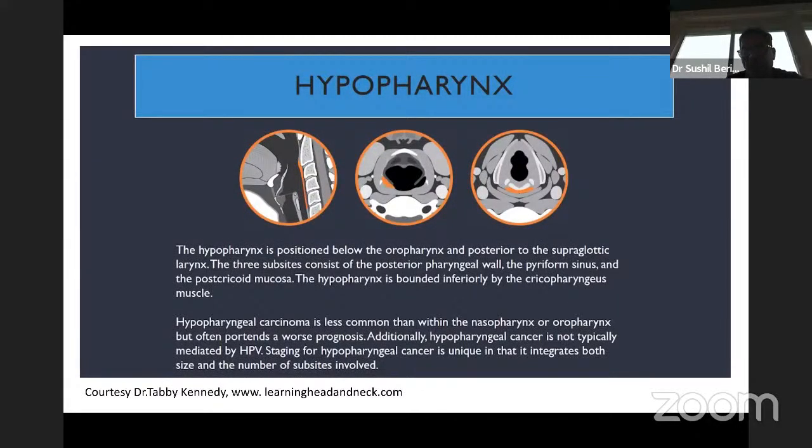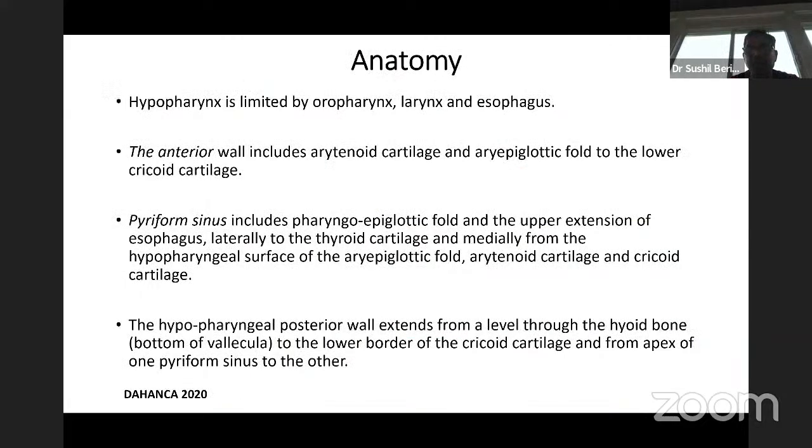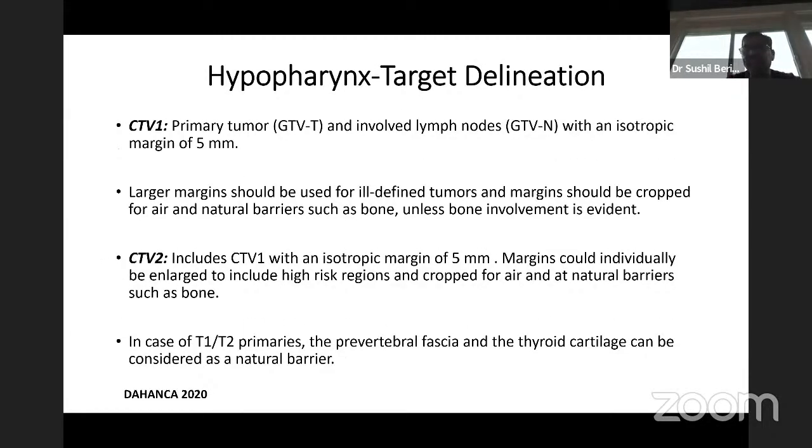Now, we saw the hypopharynx anatomy. We talked about it. There are 3 substructures: piriform sinus, postcricoid, and the posterior pharyngeal wall. And again, the previous speaker showed the area very well on the CT. I would skip the anatomy part of it in the interest of time. But again, the same concept from the Danish group that was there for oropharynx applies to hypopharynx. So you extend the primary tumor by 5 millimeter for your largest volume. For the CTV2, you can extend by 10 millimeter or so, but sometimes you can include the entire hypopharynx if you want.